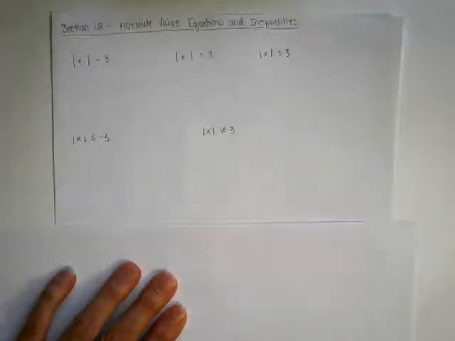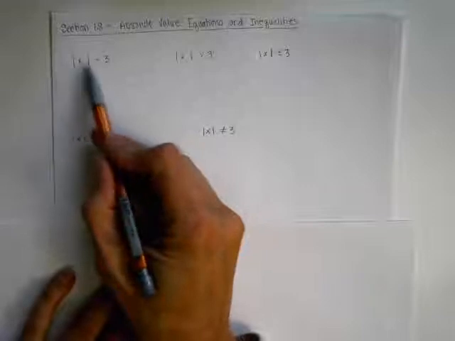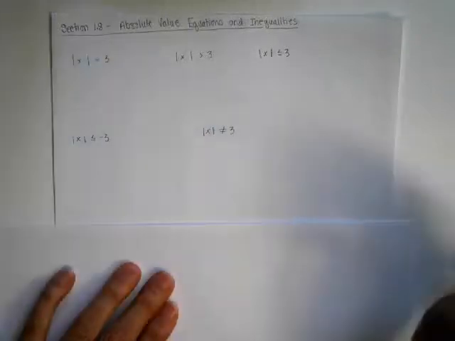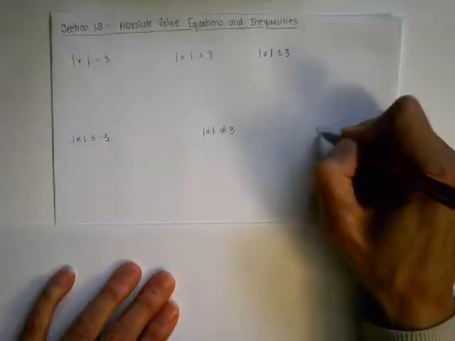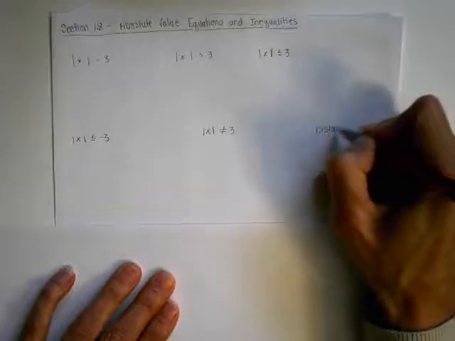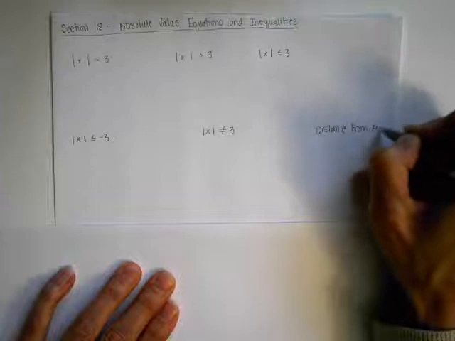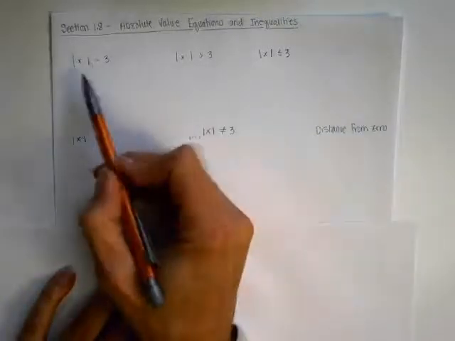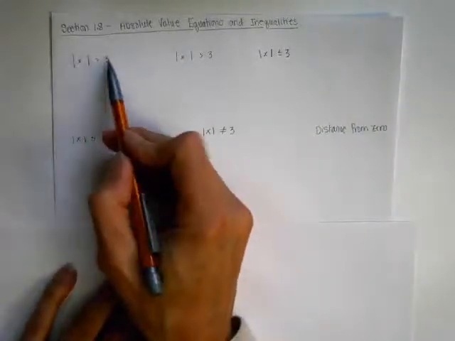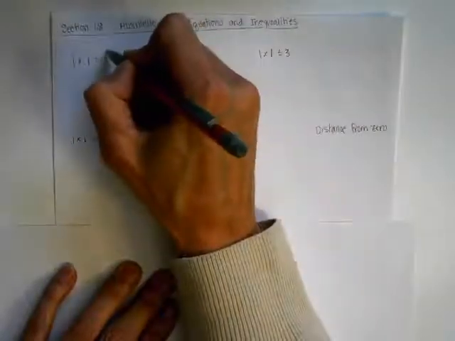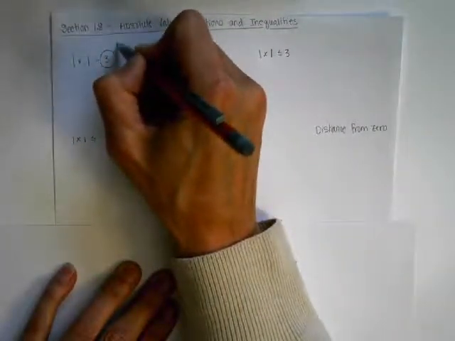The next module is section 1.8, absolute value equations and inequalities. Absolute value is these symbols right here, and the definition of absolute value is the distance from 0. So in this case right here, when I say the absolute value of something is equal to 3, this number right here is the distance